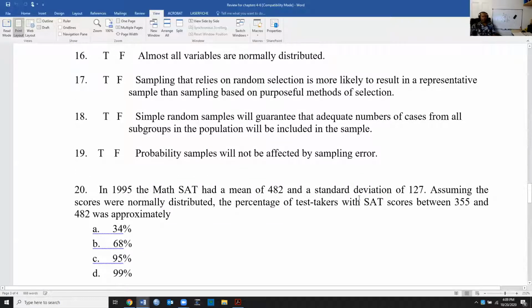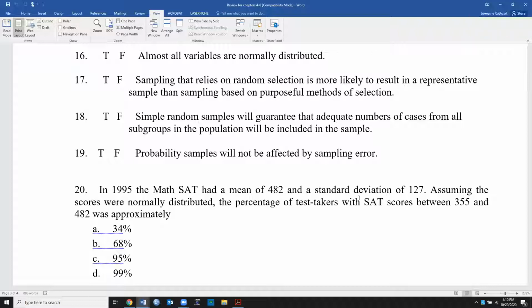Okay, 18. Simple random samples will guarantee that adequate numbers of cases from all subgroups in the population will be included in the sample. True or false? False. Now, this is kind of what I was talking about a little bit earlier, how if we have like